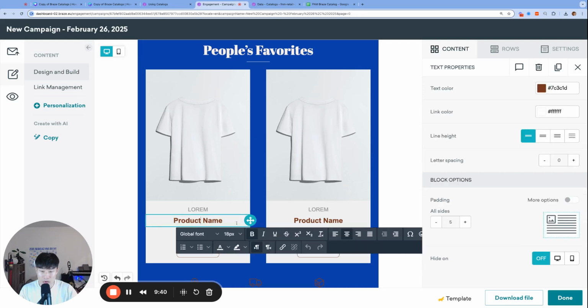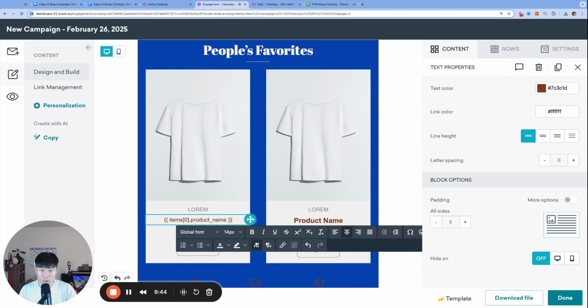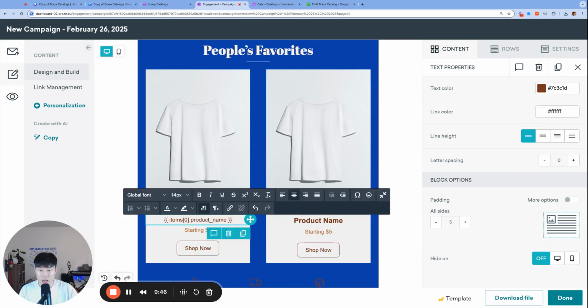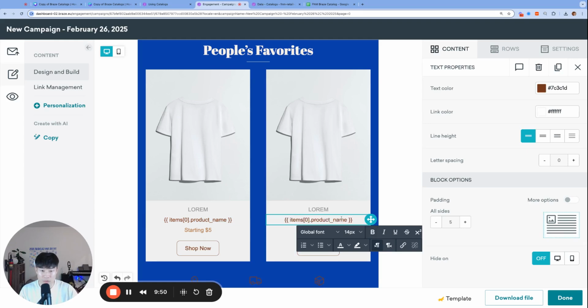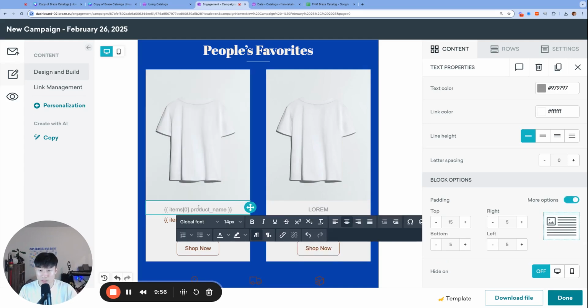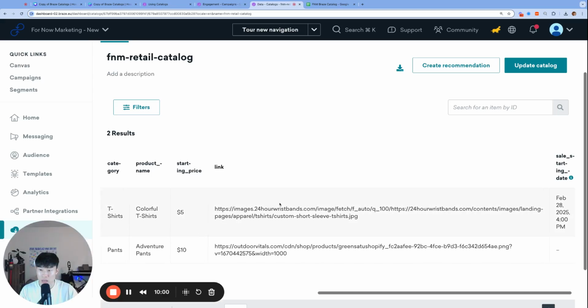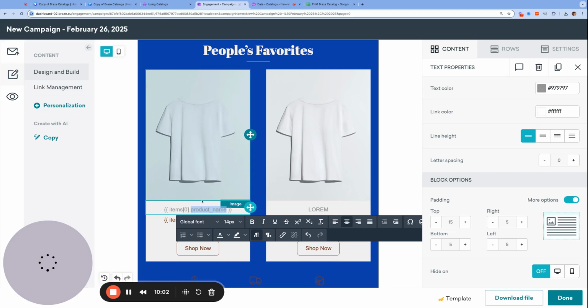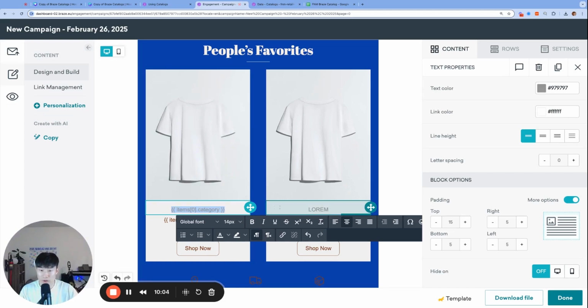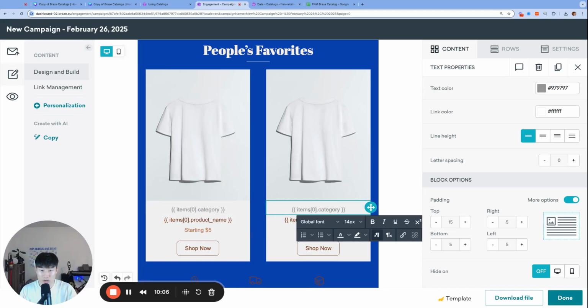So product name, instead of having a hard-coded product name, we are going to reference it using items 0.product name. And this one will be items 1.product name. First product, second product, first row, second row. And then some of the other columns that we'll need to use was category. So I'm going to replace that with category. This one should be items 1